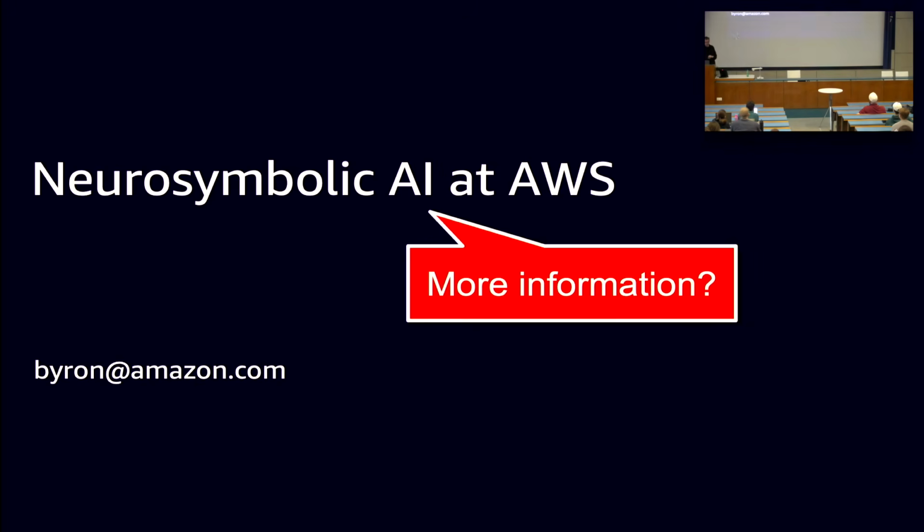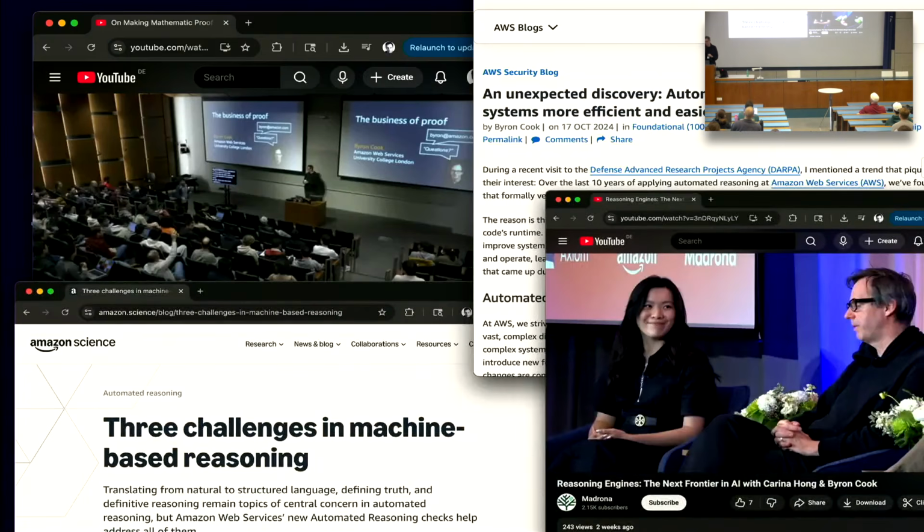Okay, I just have one last slide. So I've dumped a lot of information on you. There's stuff you could go click on and watch if you want. On the top left is a talk I have given a bunch of places, called The Business of Proof. I think the best one's the one I gave at University of Washington. But the point of the talk is, why did Amazon invest so much in formal reasoning, culturally? So I talk about some of the cultural dimensions that made formal reasoning successful in Amazon.